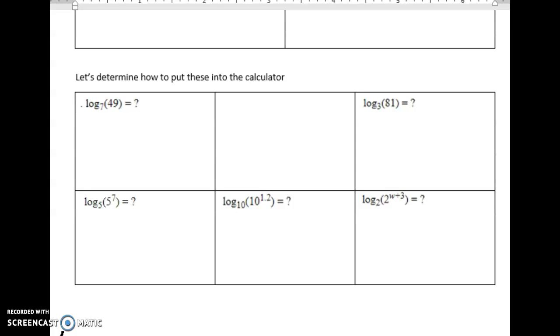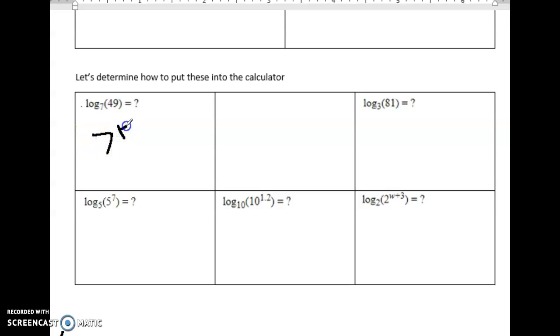All right, so now we're going to move on to the second part of our worksheet down here where it says let's determine how to put these into our calculator. And that's all great, and we can use a calculator, and that would be awesome. However, I think you guys can do this without a calculator. Like I said, log is just a specific way to ask a question. So this one right here is asking the question of 7